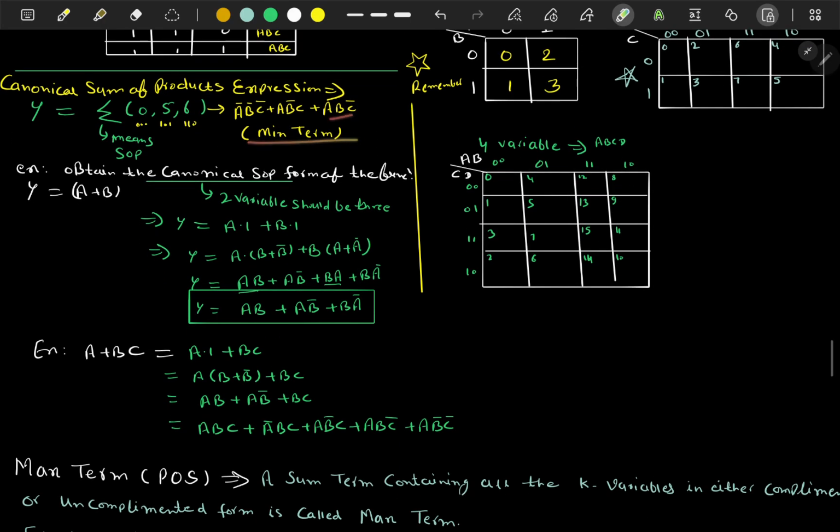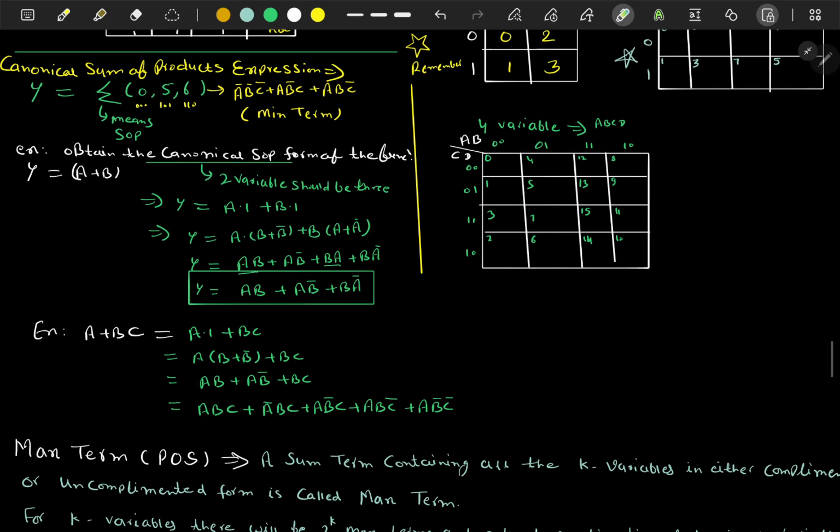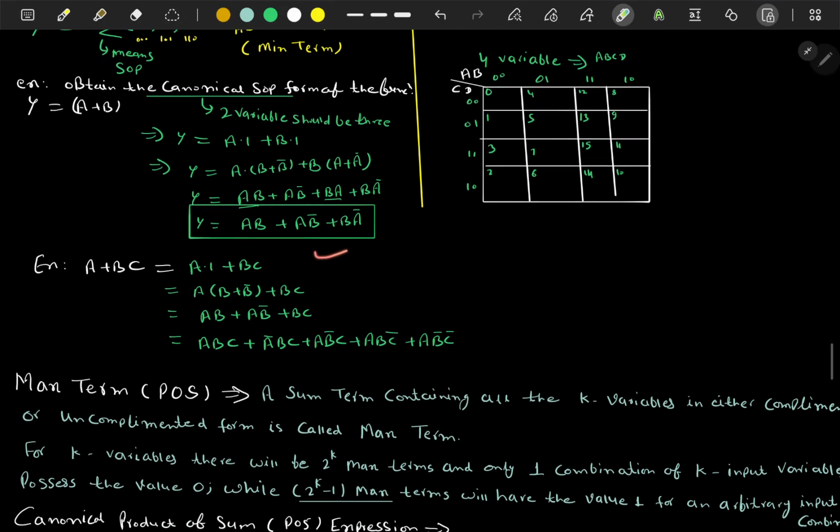It means now we have the equation y equal to a plus b, and we have to change it into SOP. SOP means min term, means we run towards 1. So a dot 1, only 2 terms, we need 2 variables, so we will use 1 here, and b is not here, so b plus b bar will convert it. For a, it is not here, so a plus a bar. Now we will solve it: a dot b bar, b a, and b a bar. So these two are the same, so a plus a equal to a, and it will be only a b bar and b a bar. Okay, thus we can solve it.